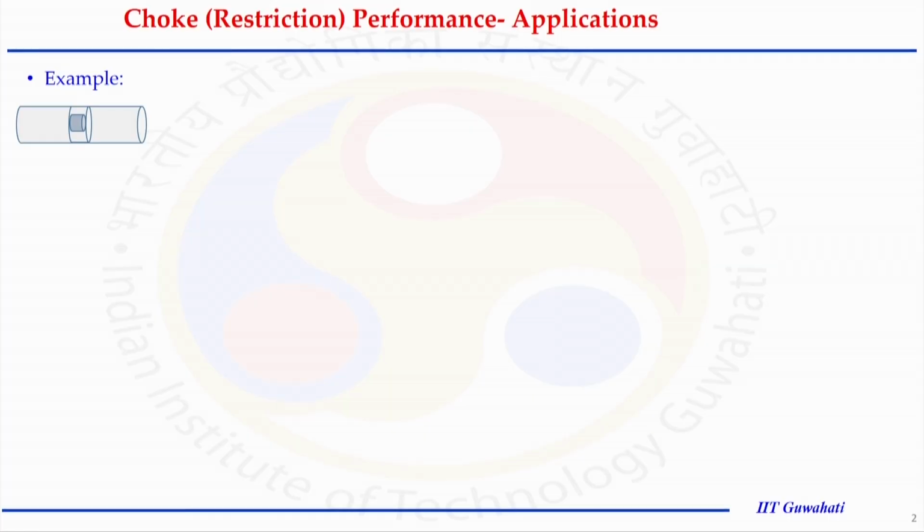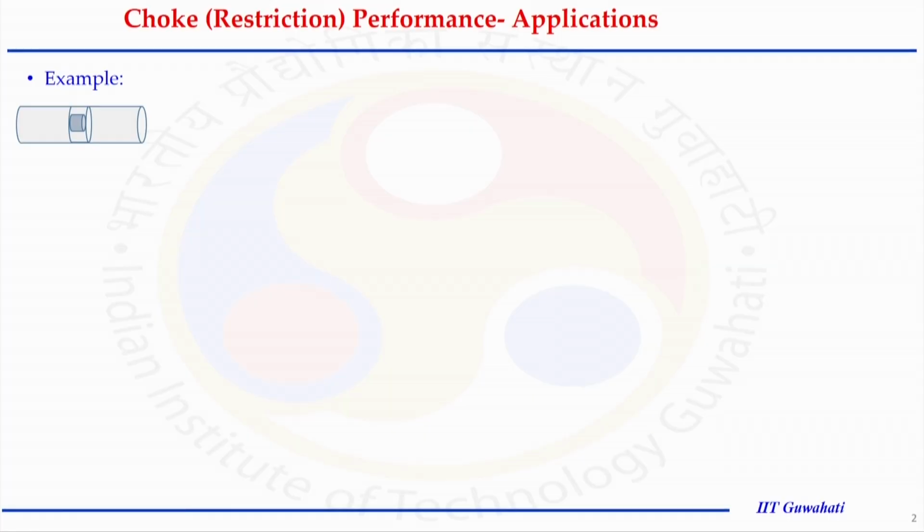Hello. In today's lecture, we are going to understand a technique to solve the performance relationships that we had developed in the last few classes for the IPR, WPR and CPR, and how to club them to get the operating condition at a particular node. That will be done with the help of nodal analysis. It is a Schlumberger patent, a very simple technique, and you will see that as we go through today's class.